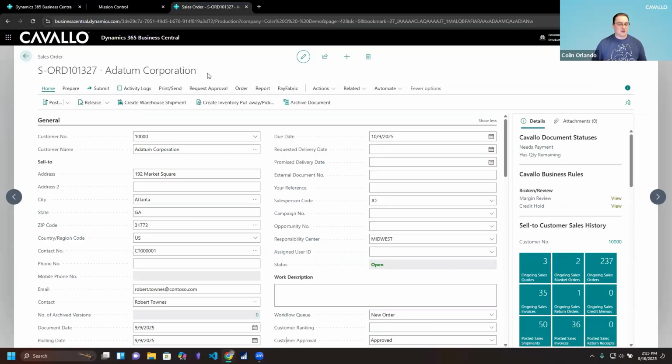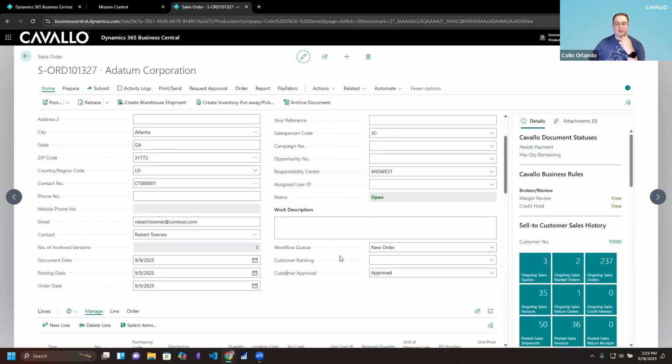So we're inside of Business Central. I've built this order directly before the webinar, so no super secrets going on here. This is a very standard order inside of BC, but we talked about this a little bit earlier in the webinar of where is my order? What's gone on with it at any given point? And with our application, you get full insights into that. And so what you'll see here is our workflow queue on the document header. We will put the workflow queue in as soon as you save the document for the first time.